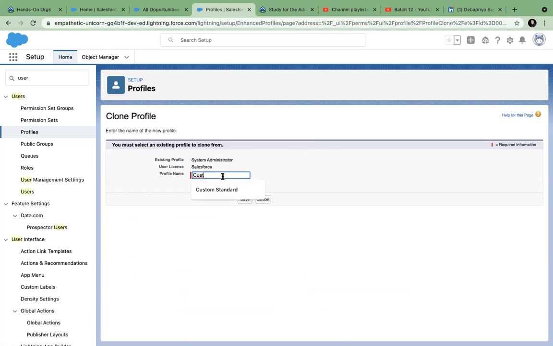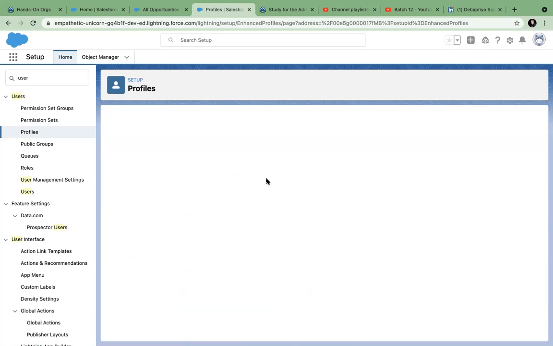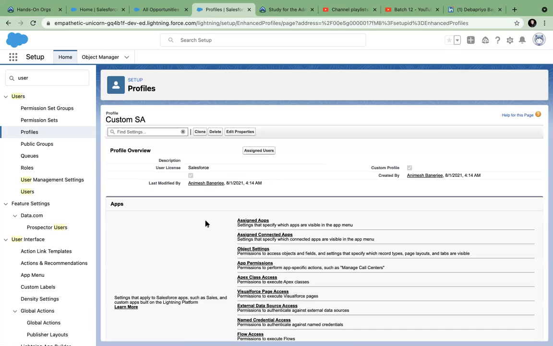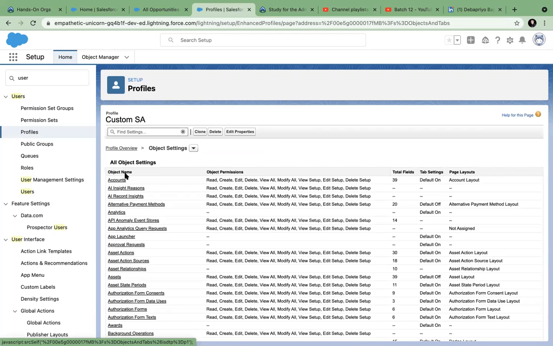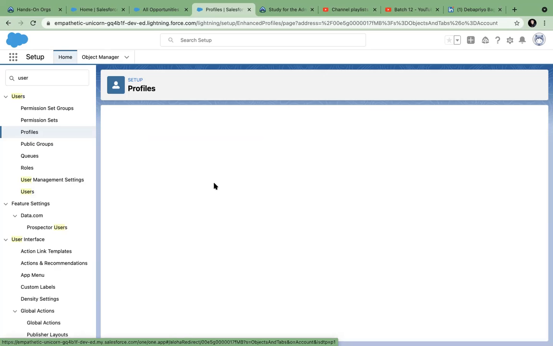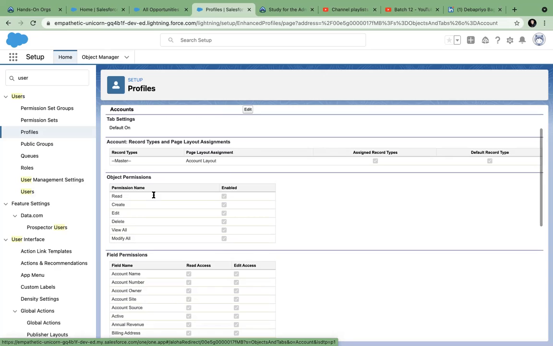custom admin, okay, in the object settings, no, I set it up for opportunity, right?